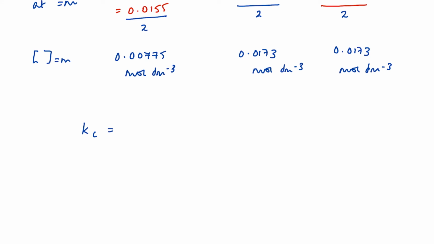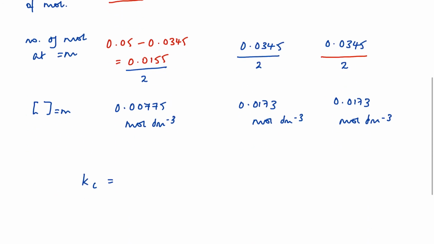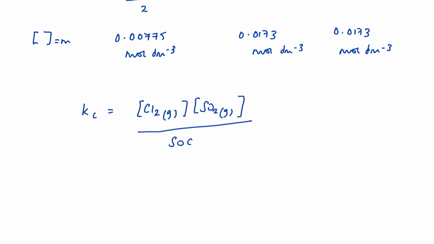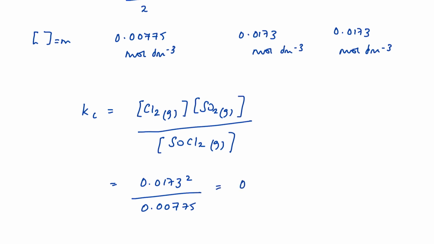So Kc equals, it is products over reactants, Cl2 gas, SO2 gas over our thionyl chloride, so SOCl2. So that is going to equal 0.0173 squared divided by 0.00775,